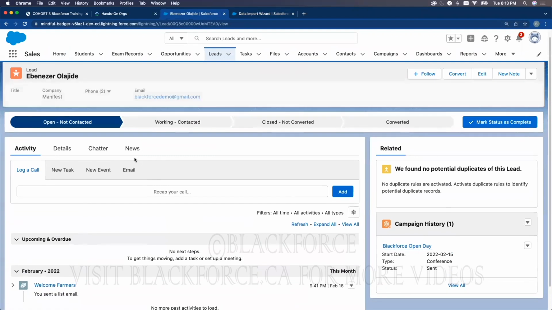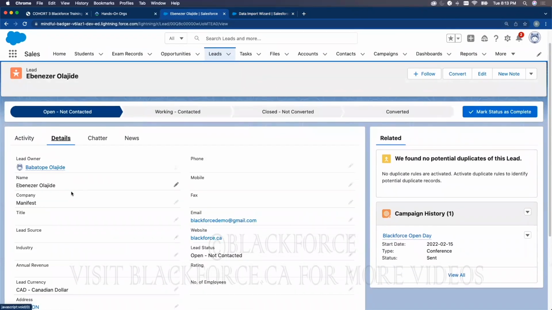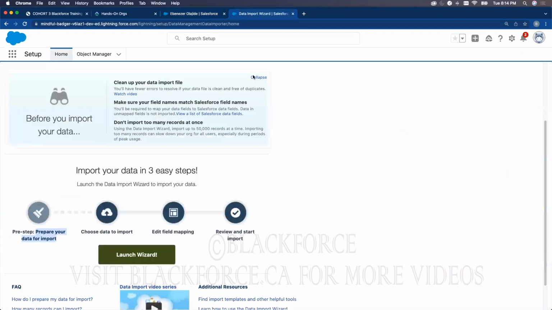By default, obviously, Salesforce does not have subscription plan in the lead object. So if you're importing data that has subscription plan as a field on the lead object, you need to have first of all created that field in Salesforce. If you don't create the subscription plan field, the data you're bringing in from the legacy system will not be able to